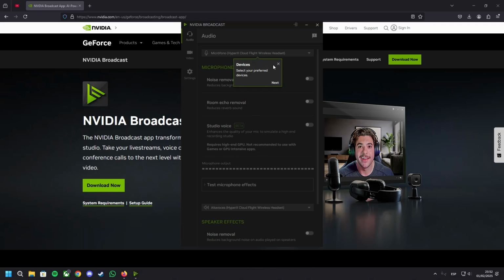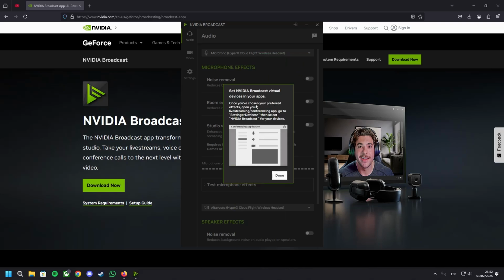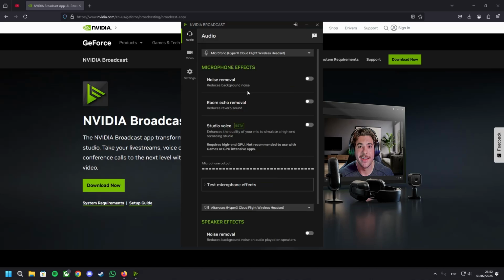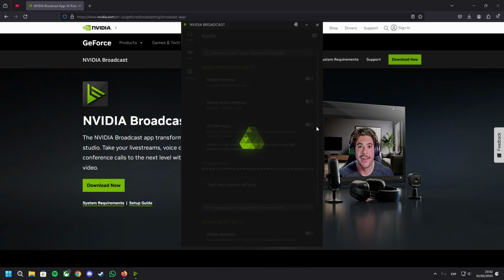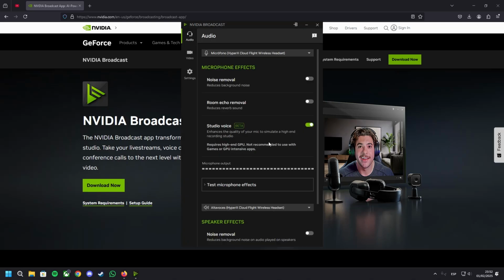We can close this. And also don't forget that to make your microphone sound with these effects, you need to select the NVIDIA Broadcast mic and not your default mic. So keep that in mind. And here we need to enable this setting, Studio Voice. Once we enable this, now we have to select the NVIDIA Broadcast mic and we'll have the effects for the